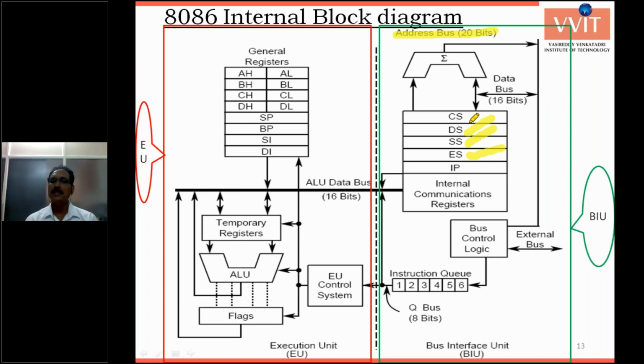The higher order 16 bits of any segment: for example, the code segment's is stored in the CS, the data segment's higher 16 bits are stored in the DS, SS is for the stack segment's higher order 16 bits, and ES is for the extra segment's. The minimum segment size is 16 bits of address, or 64 KB.